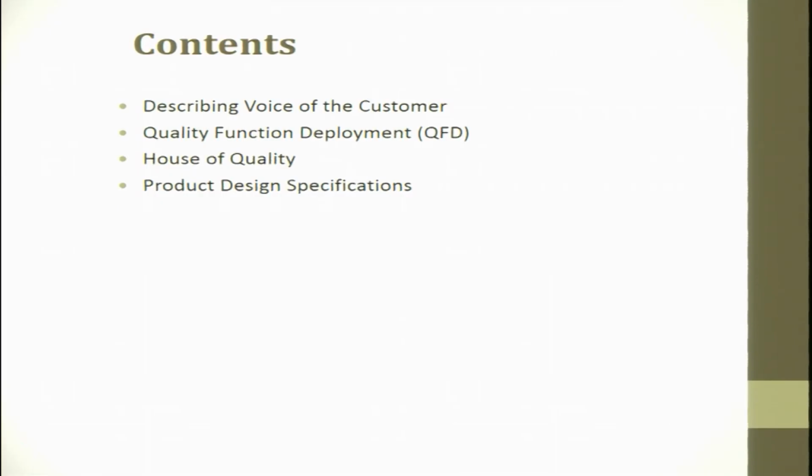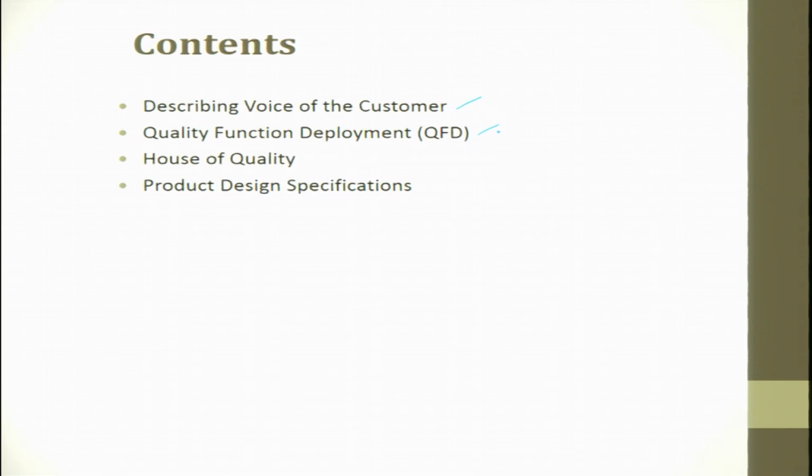First, in this lecture we will try to cover describing the voice of customer. We will see a tool which is used commonly in the industry. It is quality function deployment. This tool was first developed in Japan, and Toyota was a company which started using it. Then American companies slowly started understanding the concept and implementing it.